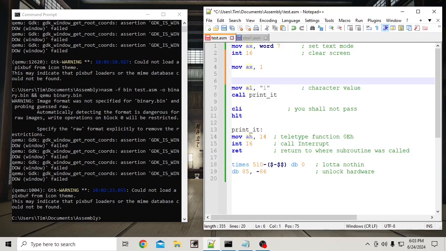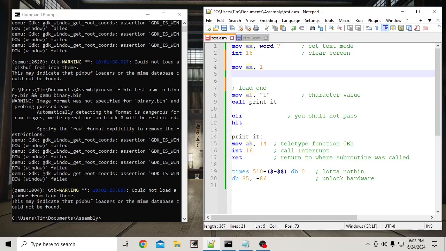Here, basically, we just load 1. I could use a label, but we'll just comment that. Load 1 there. Right. And so here's my condition. Right. It's in there, but I want to check it. So first thing I can do is do a compare. Compare AX. I'm going to compare it to 0. Okay. And then